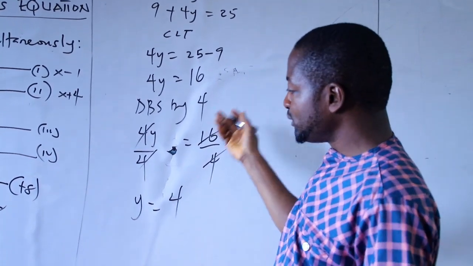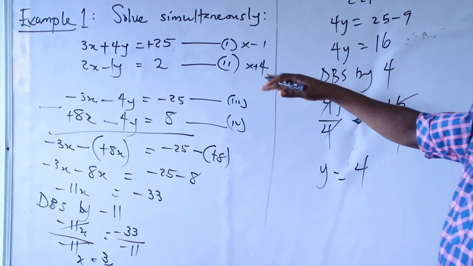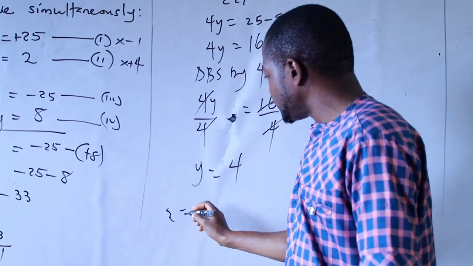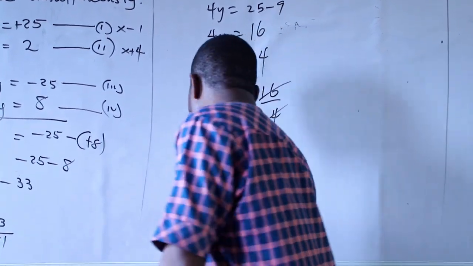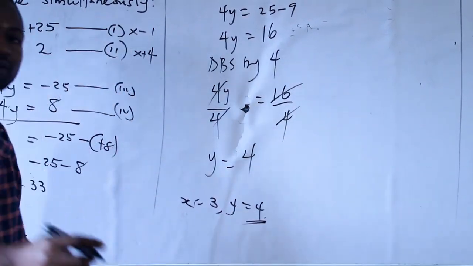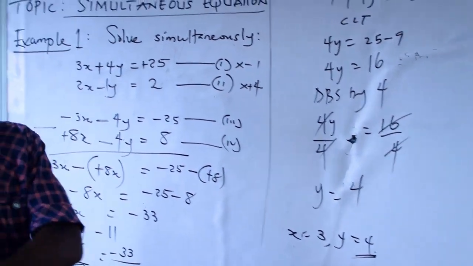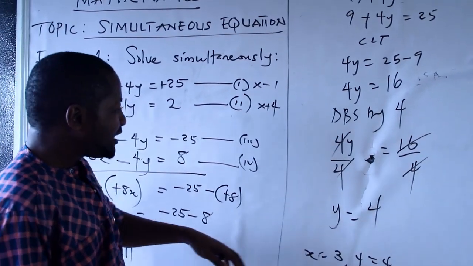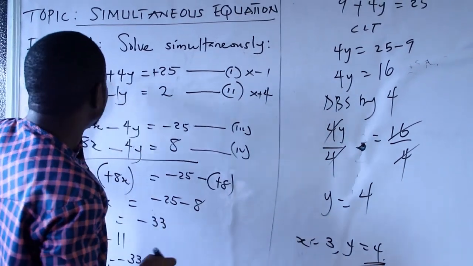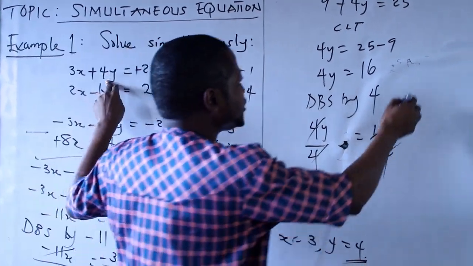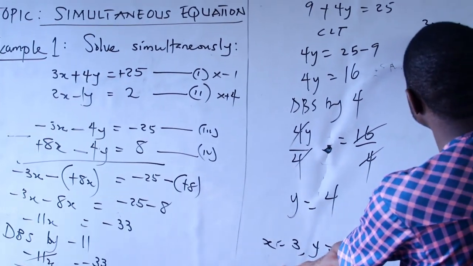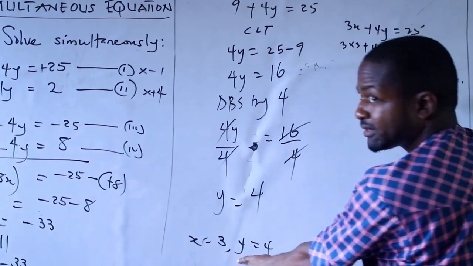And that is it. So you've been able to get the value of x and the value of y using what? Elimination method. Then you now come down and say finally x is equal to 3, comma y is equal to 4. Now another interesting thing about it is that you can check whether you are right or wrong. How do you check? You can substitute the values of x and y that you got back into the equation. Now here you said 3x plus 4y is equal to 25, right? Now you got x to be 3, so 3 times 3 plus 4 times